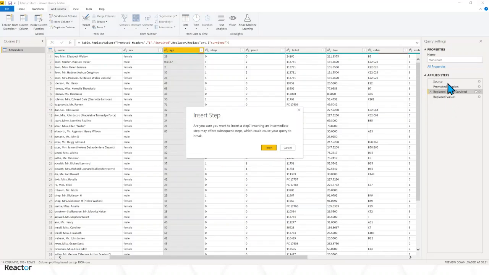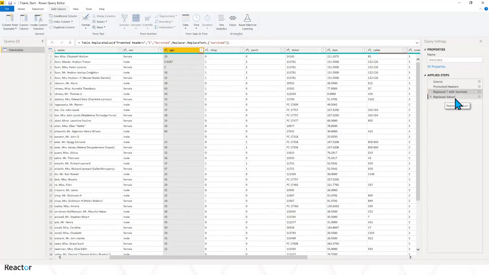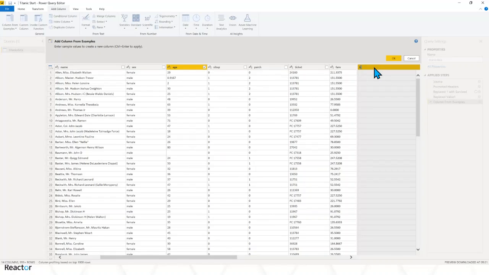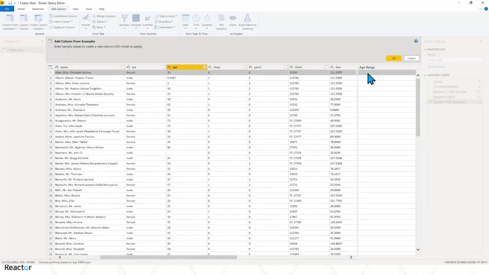Oops, insert step. I wasn't on the last step when I did that, so I don't want to do that. I want to press cancel, move myself to the last step, and do that again. Okay, so what it does is it gives you a blank column. So I'm just going to call that age range, and then I'm going to put in examples. So 29, if I'm doing in groups of 20s, so 0 to 20, 20 to 40, this one is 20 to 40, okay? And when you press enter,